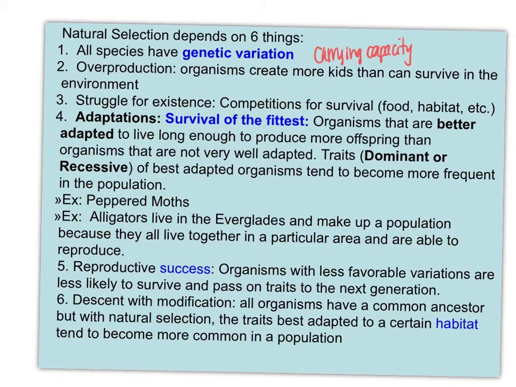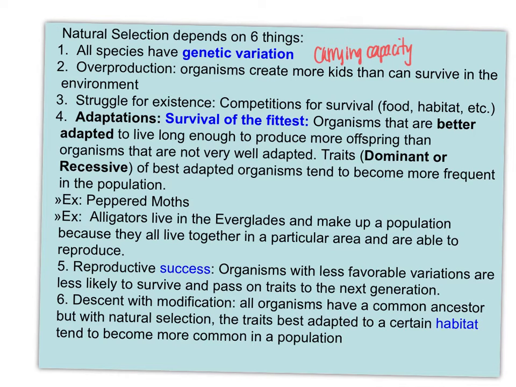Well, after the Industrial Revolution occurred, and we had all the burning of coal and fossil fuels in a certain area where these peppered moths lived, the tree trunks became more black because of the soot. Again, this is outside of a large city. I want to say it was maybe London. I'd have to go back and look it up, but anyway. When the tree trunks turned black, that made the black moths better able to not get eaten. They were camouflaged better. So then for the gray moths, we saw a decrease in their population. You could actually see how the population of these moths changed colors based on the environment.